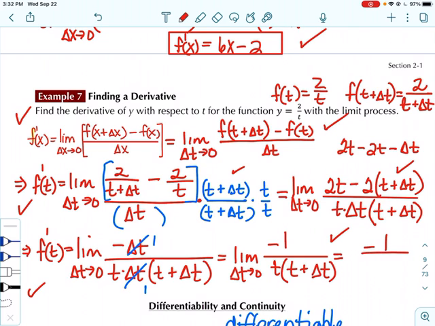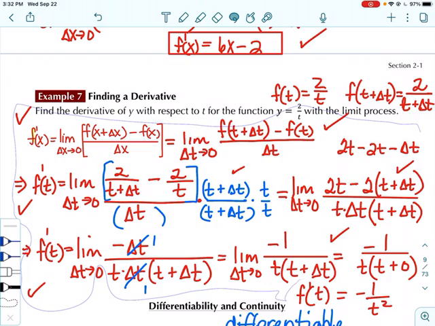We're doing a direct substitution now. -1 times t times the quantity t plus 0, because we're taking the limit as delta t approaches 0. And we end up with f prime of t is equal to -1 over t squared. Let me see if I can make this a little bit smaller. So